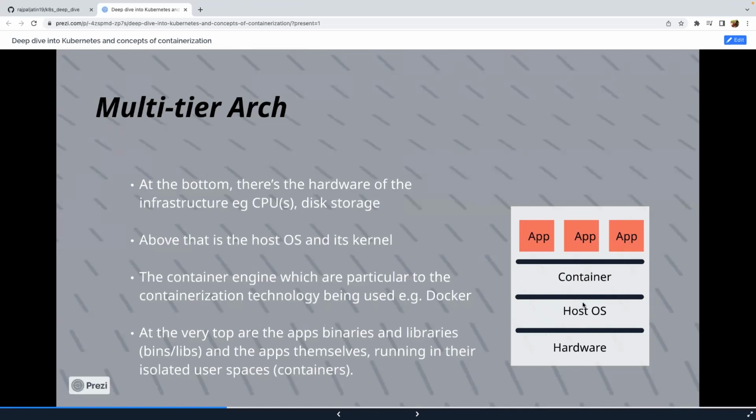And that's where scale comes into the picture. You can do horizontal scaling. Right now you have one app with just one replica. You can have 3 apps, and as and when your utilization increases, you can horizontally scale your application. So that's basically a multi-tier architecture.